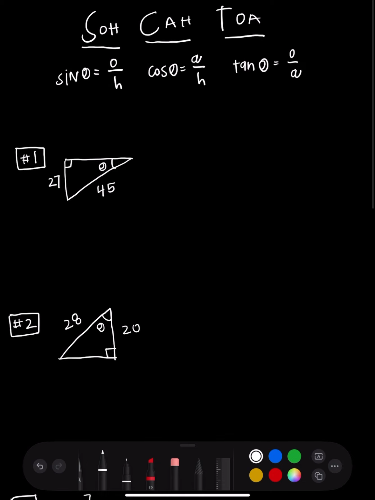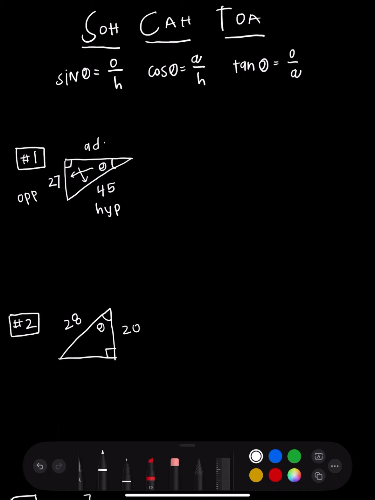The first thing you're always going to do is label your sides opposite, hypotenuse, and adjacent. And remember, you need to determine what angle you're working with. And so the angle that we're going to be working with on this one is the theta, or the question mark that you're trying to solve for. So for example number 1, to label our sides opposite, hypotenuse, and adjacent, this side goes to opposite. Then this side would be hypotenuse, because remember, it's always opposite your right angle,